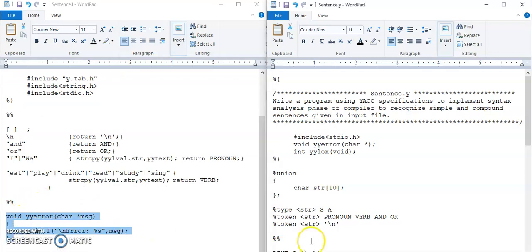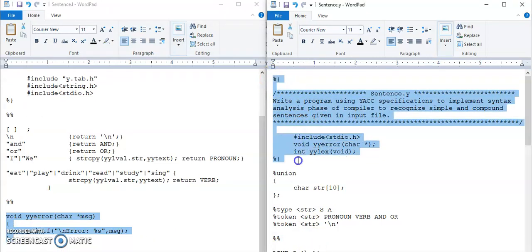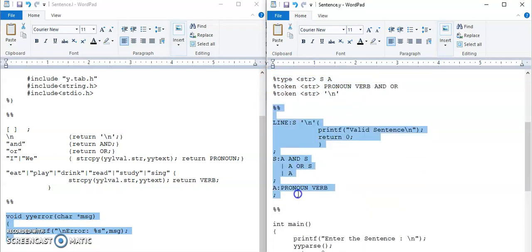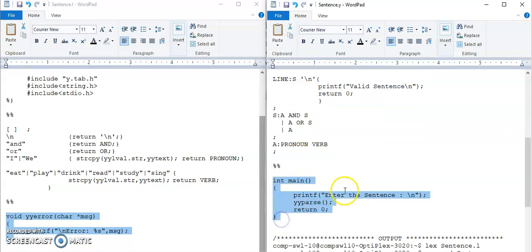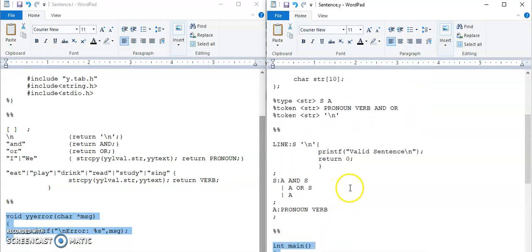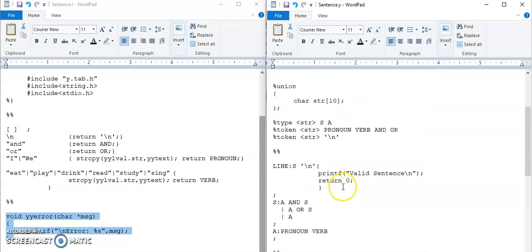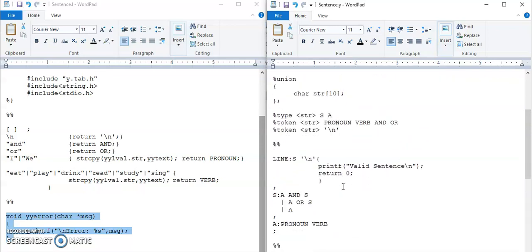And similarly, in the Yacc program, first is the declaration section, then second is the rules section, and then the third section contains the auxiliary routines. Now in the Yacc program, you have to write the rules using grammar. So let us see the second section of the Yacc program first.